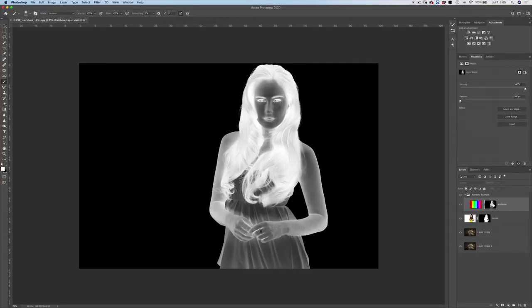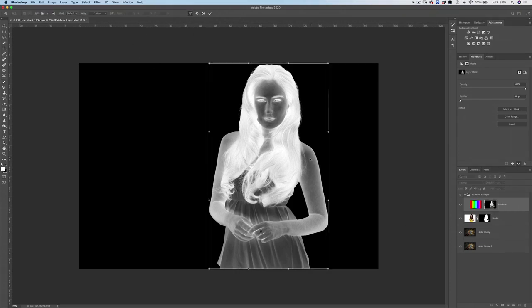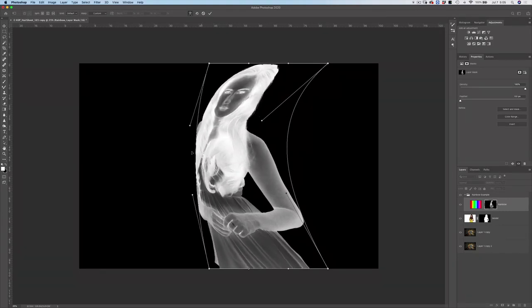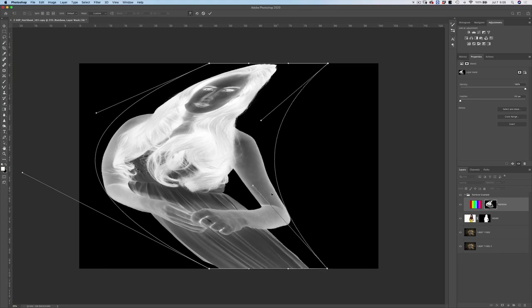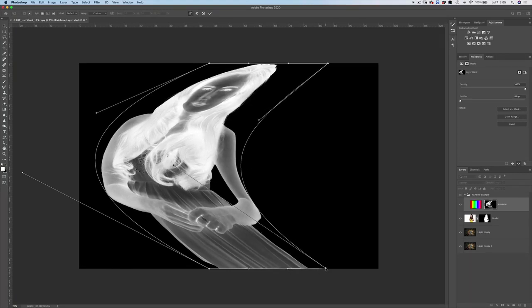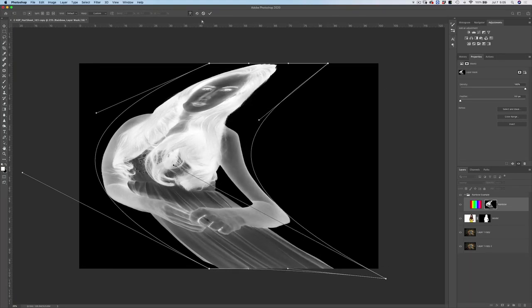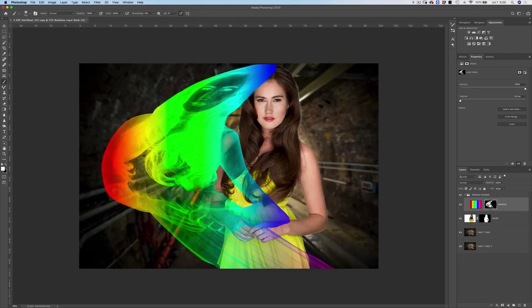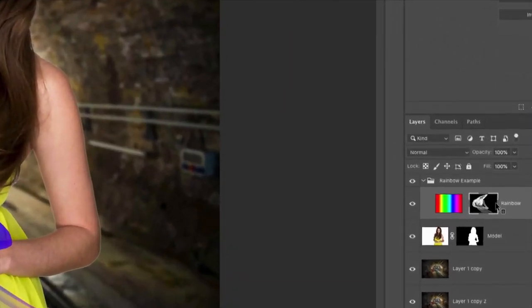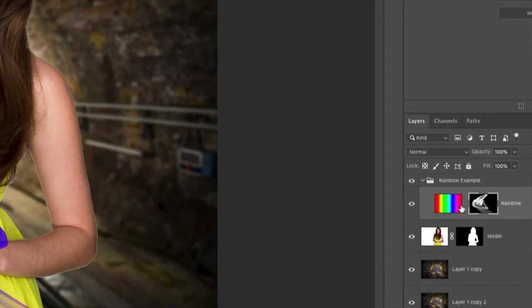And now if we select our mask and do the exact same thing, Command or Control T to transform the mask and choose warp, you can see that I was able to warp the pixels of the mask without modifying the pixels of the rainbow layer underneath it.